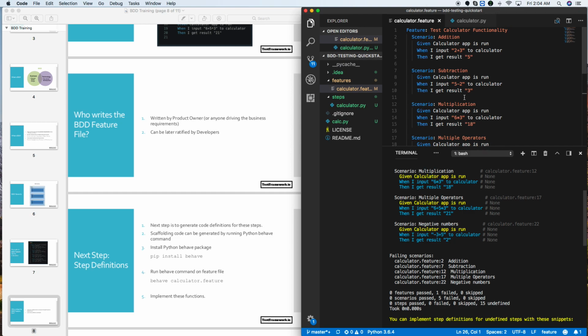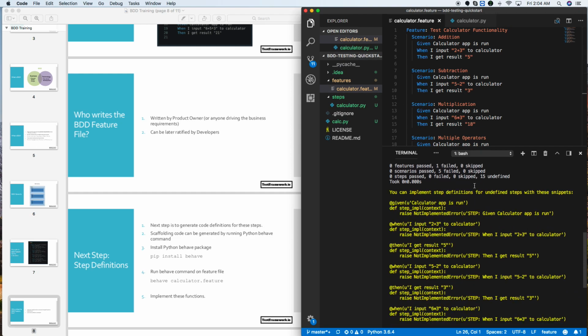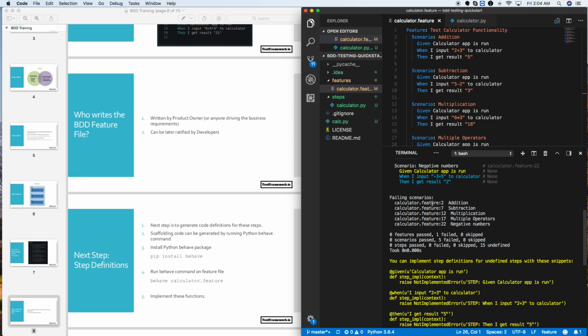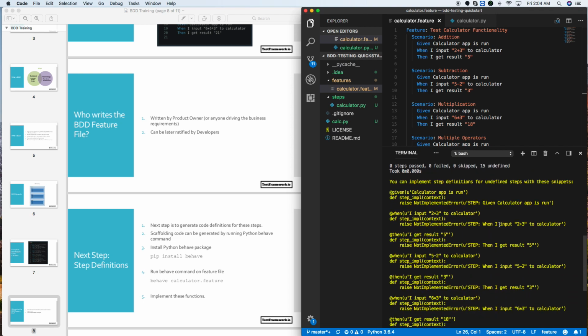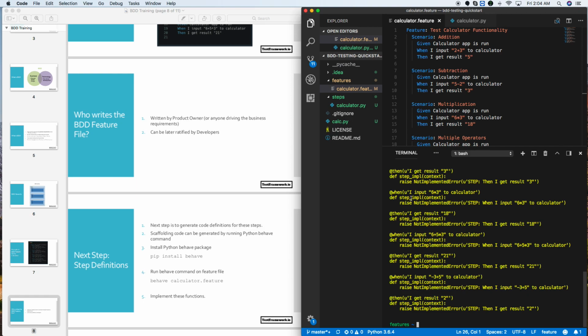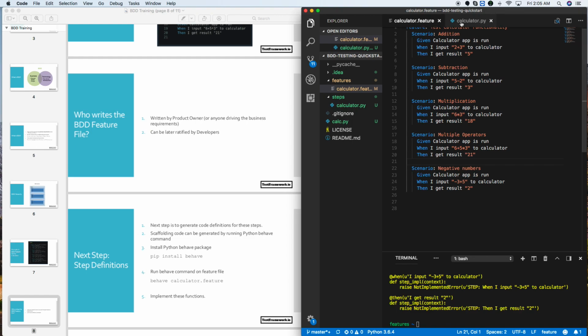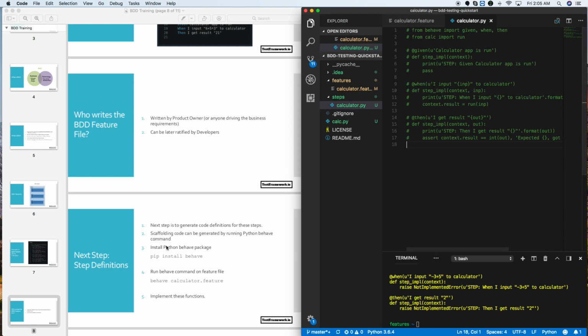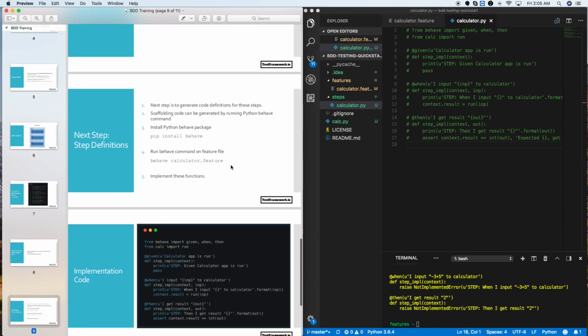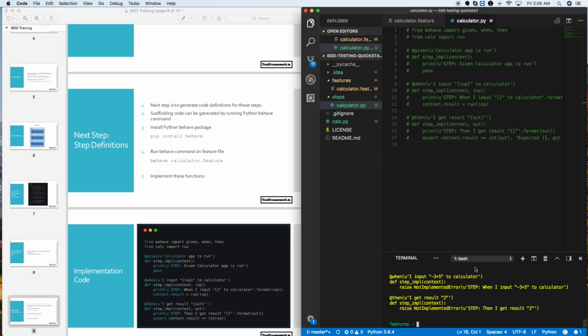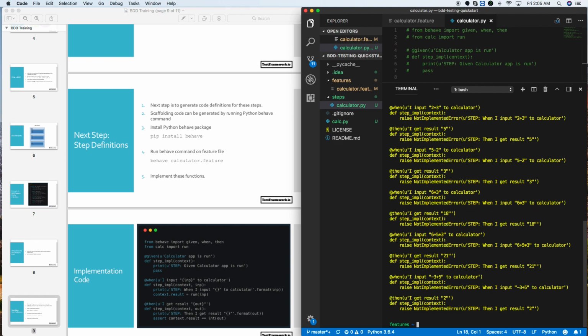So now, because I've commented out the actual code which implements this, it's giving me an error saying all of the scenarios have failed, and it's giving me some information here about how to implement these functions. So these are the scaffolds for implementing the step functions. This is calculator.feature, because this is all commented out. Once we actually go ahead and run this, we get the scaffold. So we can take the scaffolding code that's been provided to us,